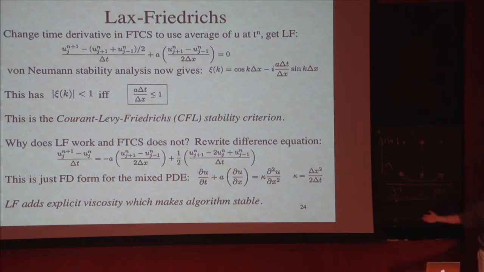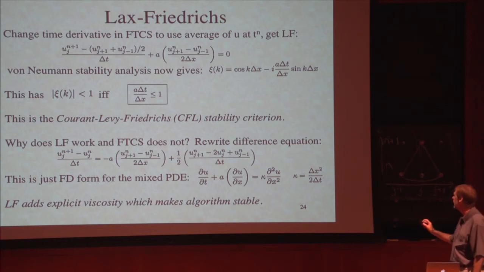That's fundamentally why this runs away, because there's no coupling between the points used to calculate the time and space derivatives. But if I just replace this point with the average of these two, now the points are all coupled together, and it turns out this works. If I then do exactly the same analysis, inserting the analytic form for the solutions to the difference equation,